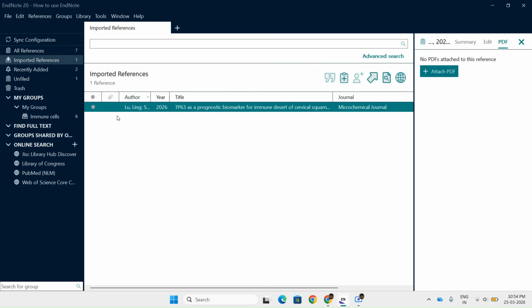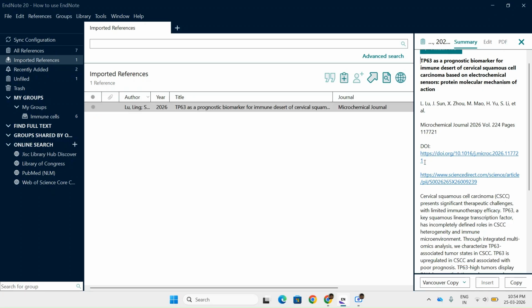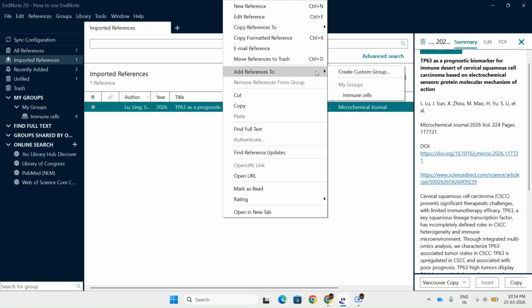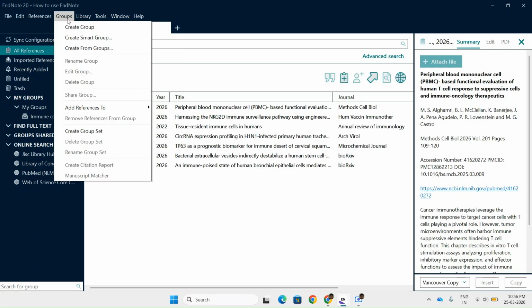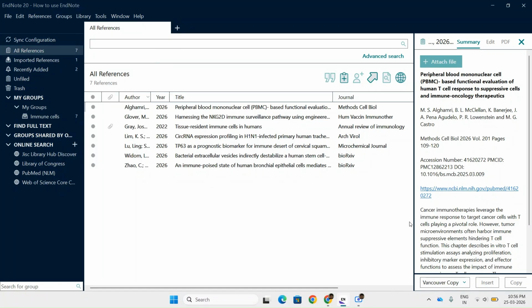So always make sure that you open the EndNote file while you are searching for the references. So this is the paper. Here you can see the DOI number. In most of the ScienceDirect papers, the Elsevier ones, the DOI number is readily available, so it can be easily formatted. Right. The same way you add the reference to your group, so that you will not lose the papers, because the imported references are like a temporary memory. The recently added and imported ones will all be moved to All References. So the references can be added and directly linked to your paper.